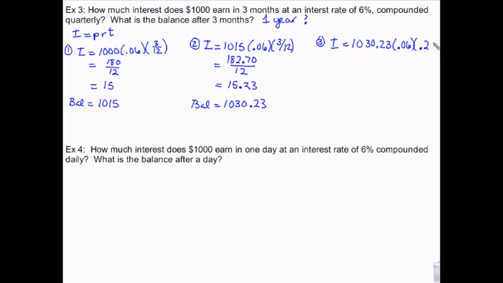If you wanted to do the decimal, you could do 0.25. So now she's got 1545. And then in the fourth quarter,